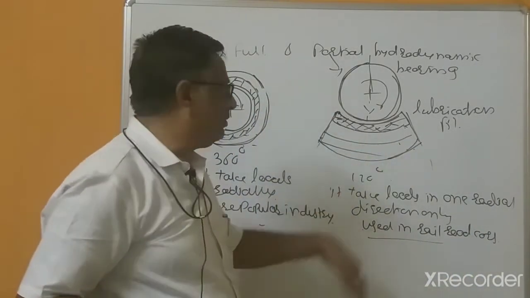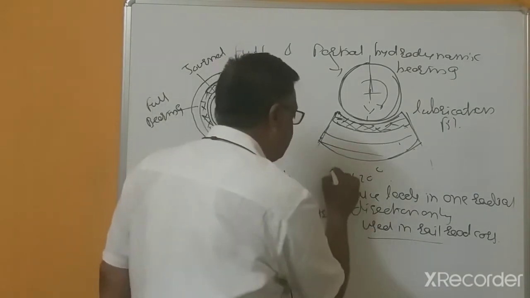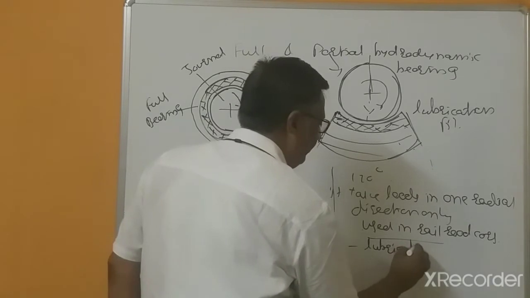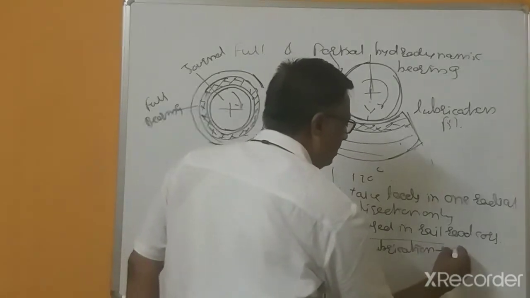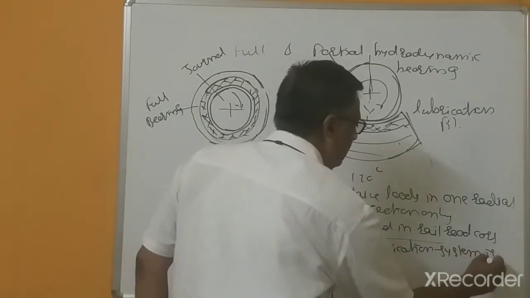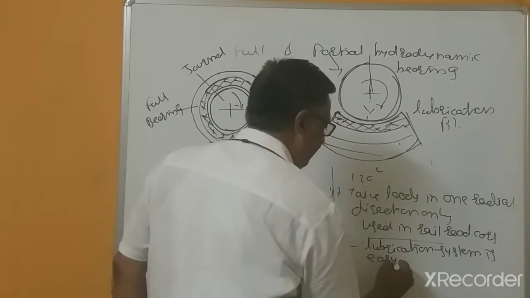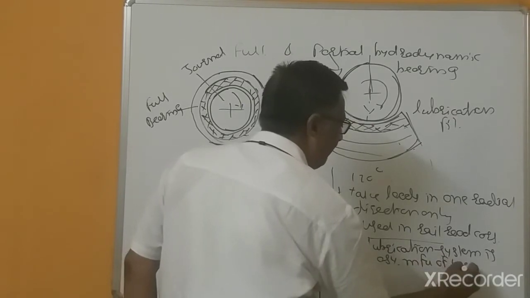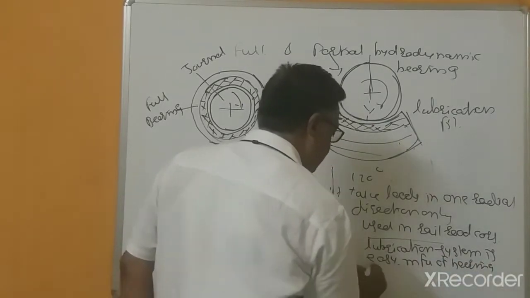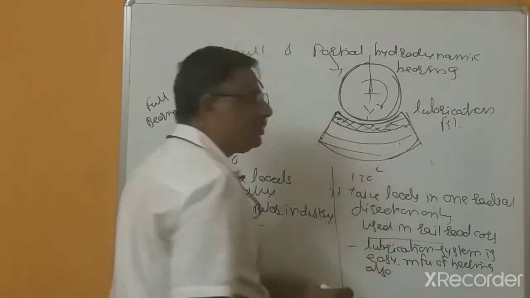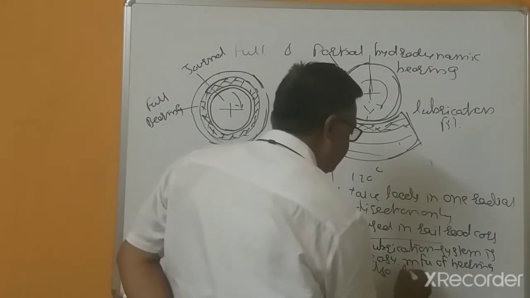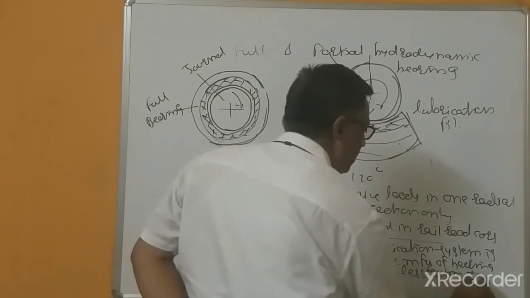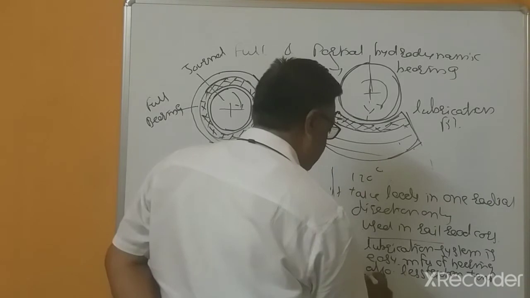In the partial bearing, the lubrication system is easy, manufacturing of the bearing is also easy, and because of less friction, the temperature rise